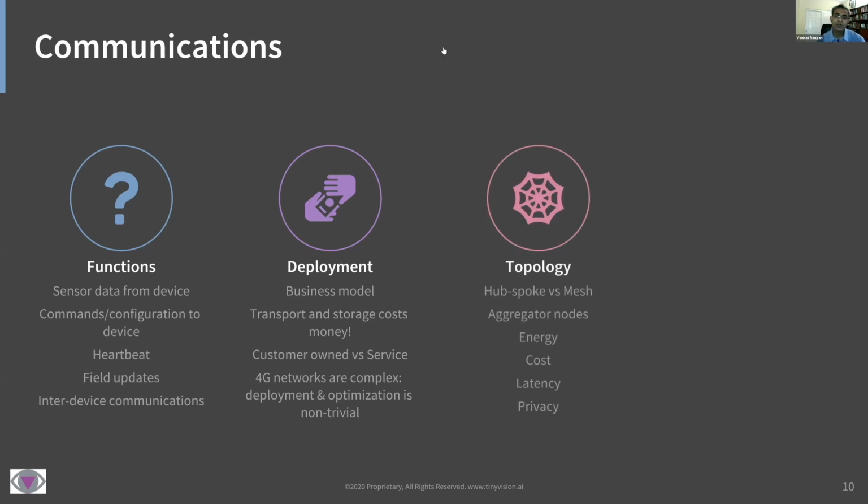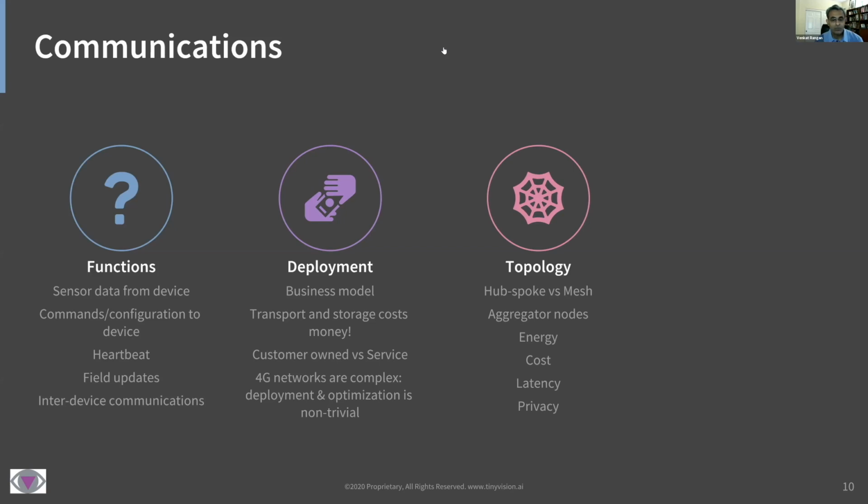This determines what kind of topology you want to use, whether you want to have aggregator nodes, do you want devices to talk to each other so that you can have a mesh? Privacy, right? If data is going over a customer's network, who does the data belong to? And can somebody access it?